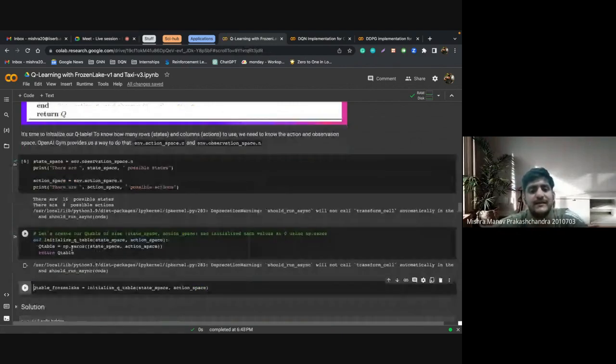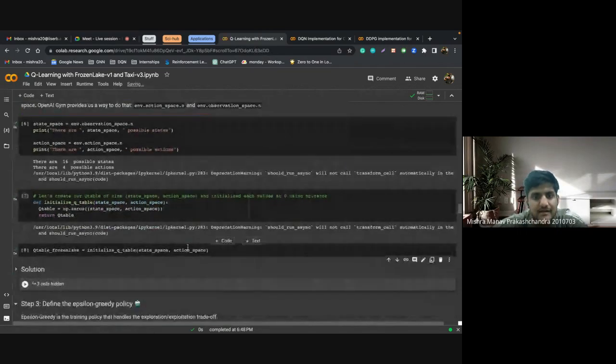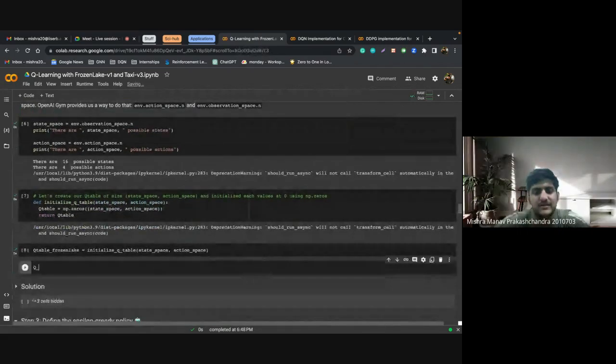Okay. And finally, this is the function def initialize queue table. If I run this for the Q table for frozen lake, what I should get if I print the Q table for frozen lake,